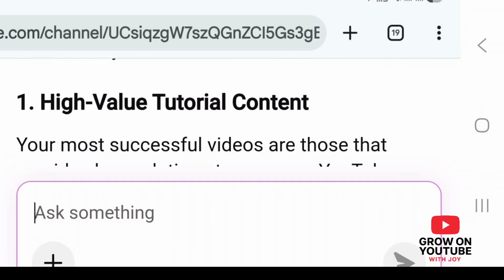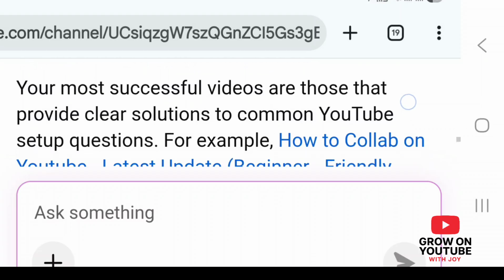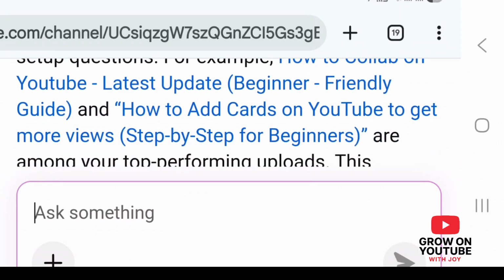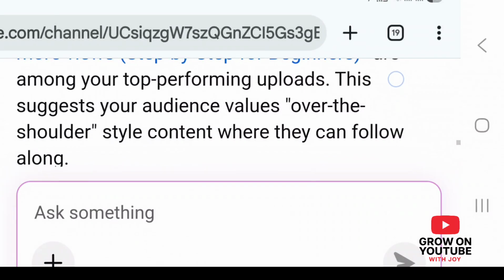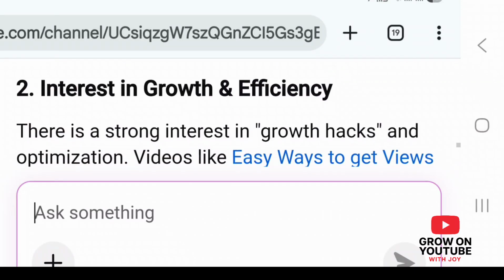Your most successful videos are those that provide clear solutions to common YouTube setup questions. For example, how to collab on YouTube, and how to add cards on YouTube to get more views are among your top performing uploads. This suggests your audience values over the shoulder style content where they can follow along.